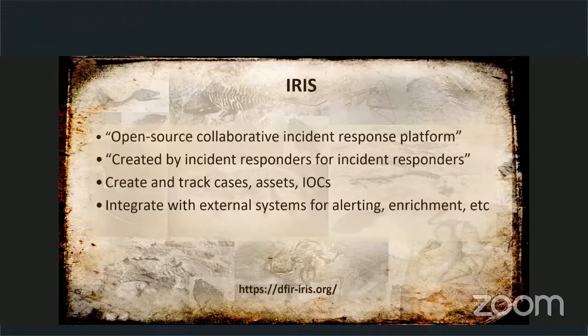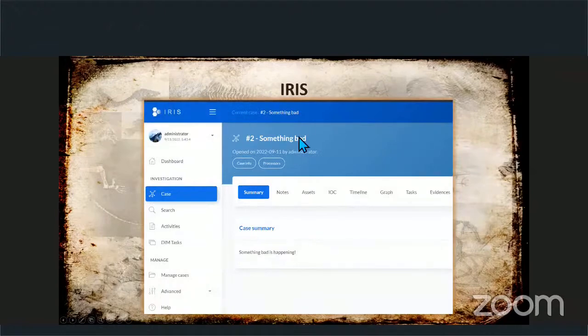So we have a lot of different hooks at various levels of the data that we're getting, either from Velociraptor or moving up into cases and that sort of thing, right? So it's a really cool platform. We've got a screenshot here of it, just a nice case of something bad, right? Something bad is happening. This is just a brief overview of the interface here, where you'll see that we have a dashboard at the front, and then we can get at our individual cases, then assign any notes